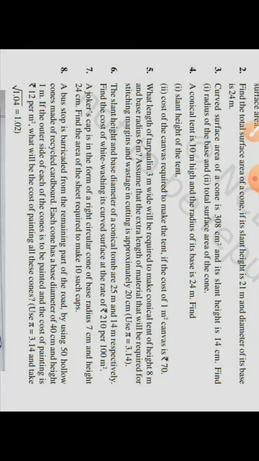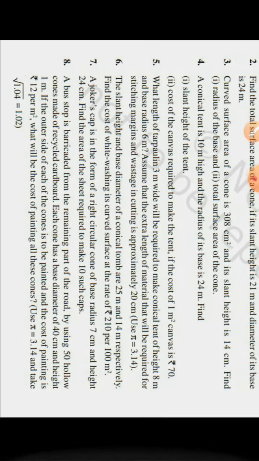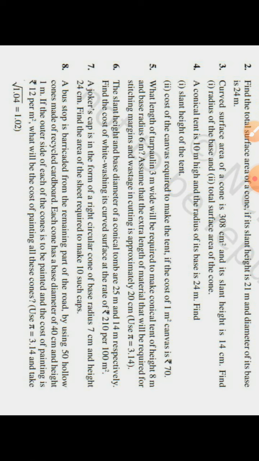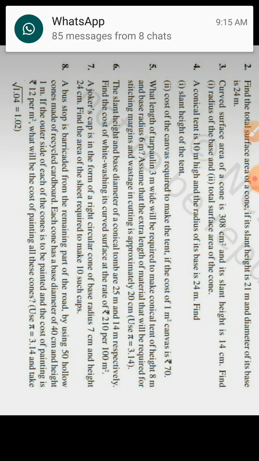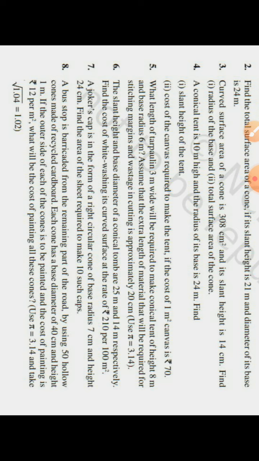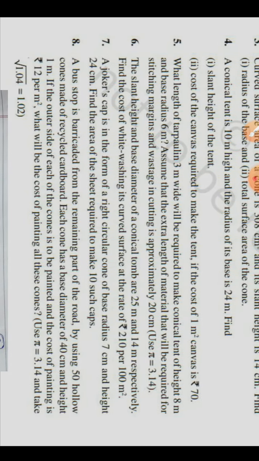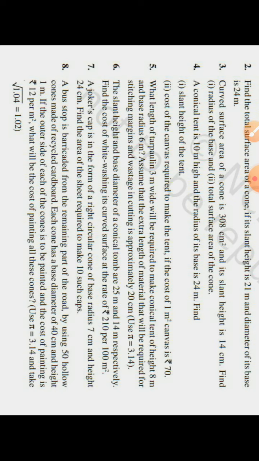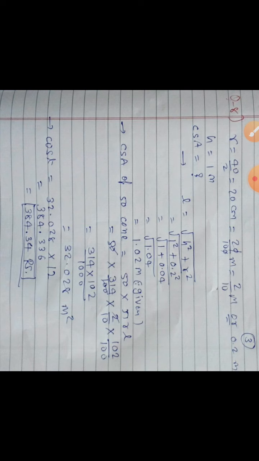Okay, so diameter given means we will have radius and height. So first of all we will find L. After finding L, we will find CSA. Why? Here something is being painted. So painting is done on surface area only, means curved surface area only, not at bottom. Okay, so here we have to understand that CSA we have to find. Some hint is given, but now that is not important.